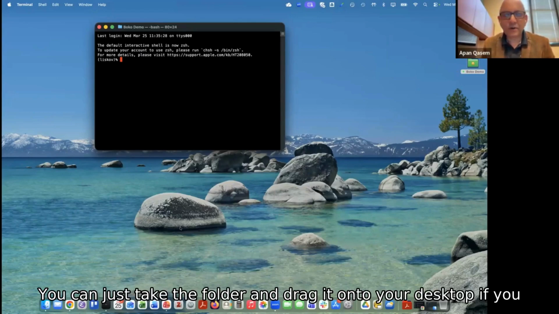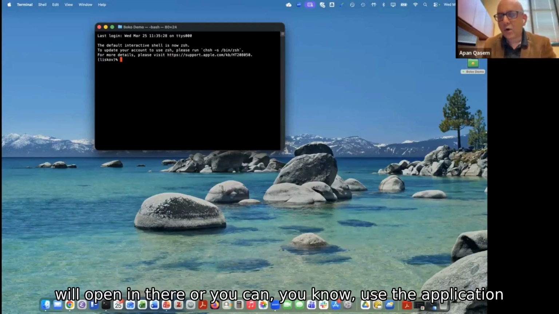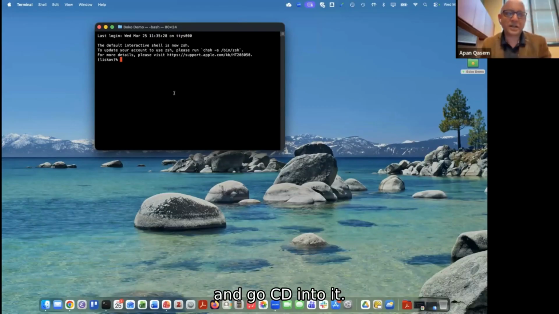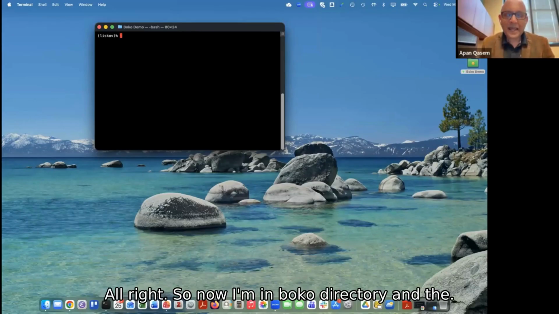You can just take the folder and drag it onto the terminal, and it'll open it there. Or you can use the application and cd into it. All right, so now I'm in the Boko directory.